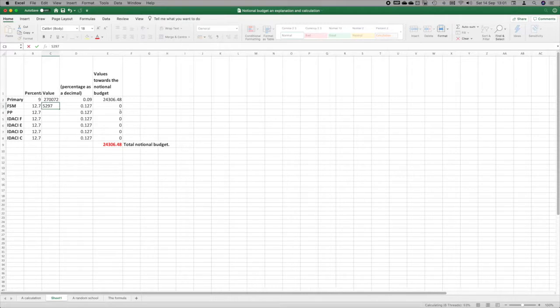and it calculates that one for me. Come on, computer, do your stuff. There's £672 going into my notional budget. And for Pupil Premium, there are 18.57 children. I've got to meet this 0.57 child, which was £10,059 going in, and they're going to give me 12.7% of that, which is another